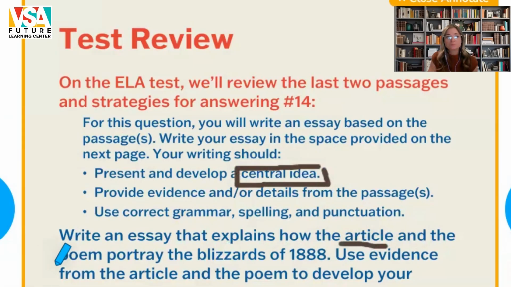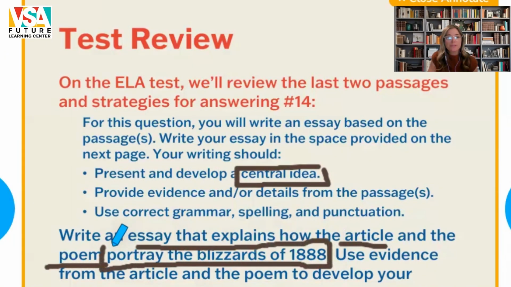You have the article and the poem. The prompt even gives you the central idea. How do they portray the blizzards of 1888? So that's something we can use as a checklist. We're already in tune to what we have to be writing about, and therefore that gives us our next step,